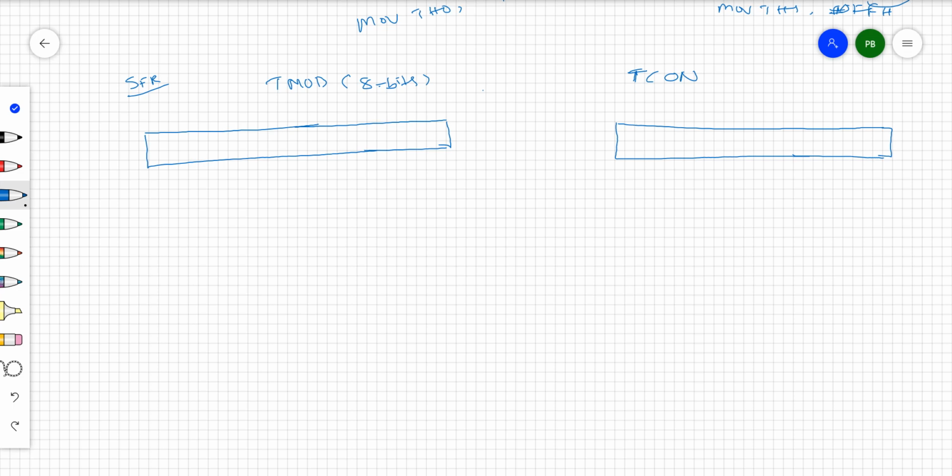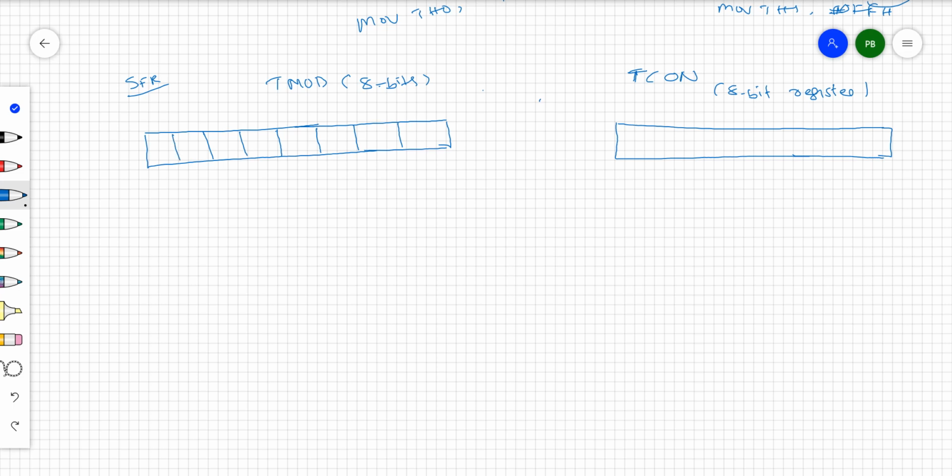So we will see first how TMOD is organized and how you can control timer 0 or timer 1 using this TMOD register. We need to discuss that first, right?